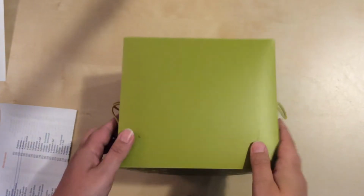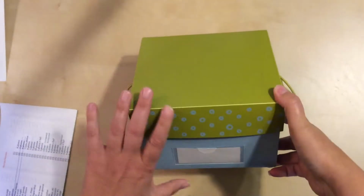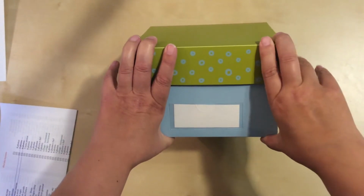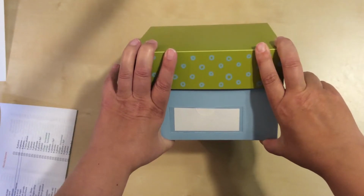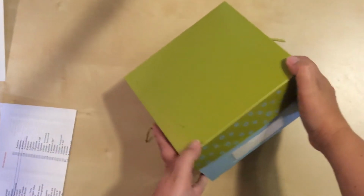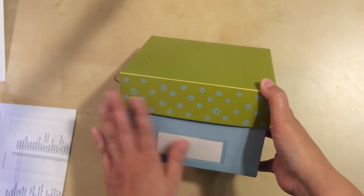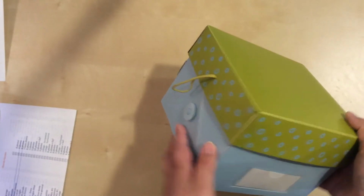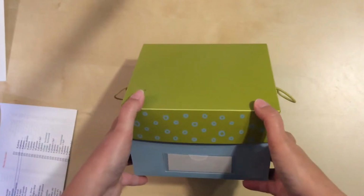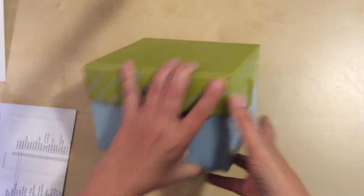So going back to the organization, this is the box in which I keep smaller trip photos. So like if I'm gone for probably, you know, between 4 and 6 days, I'm able to keep them in here. This is an old mini power sort box from Creative Memories. I've had it many years. I love it because the color and the pattern here. These are probably still available on eBay, maybe, I'm guessing, or maybe some of you still have them from the old CM days. I love it because it has this little hook right there,